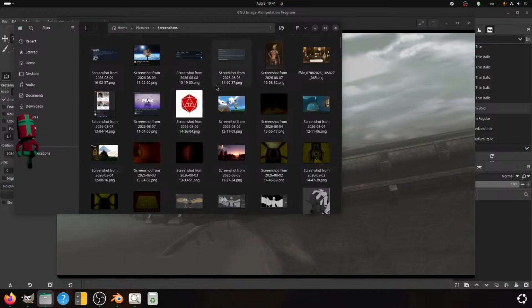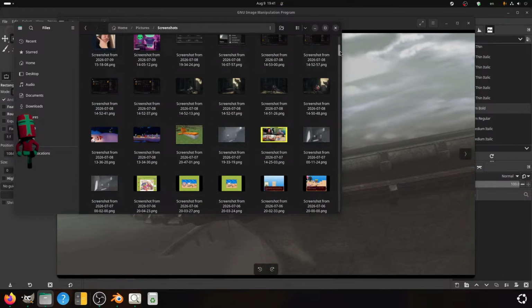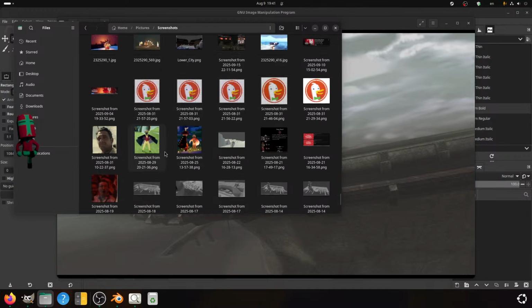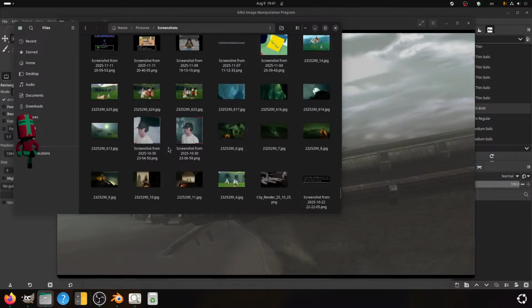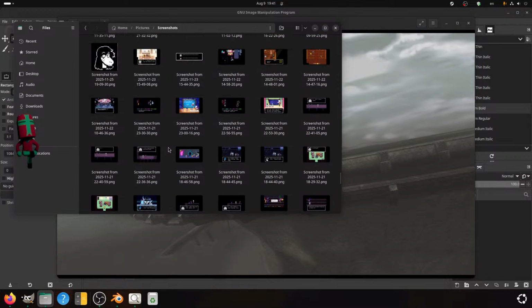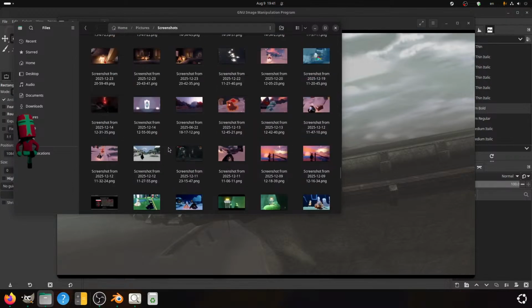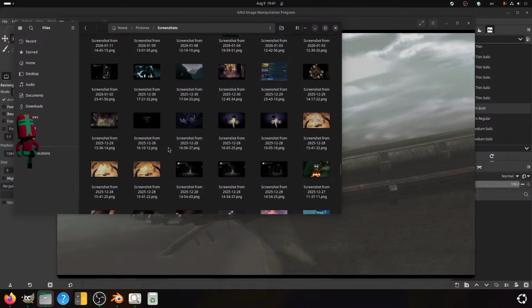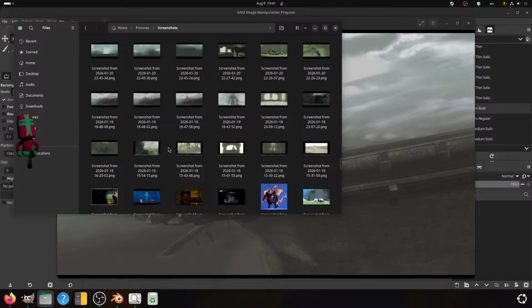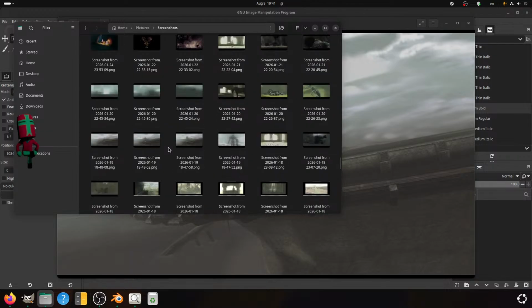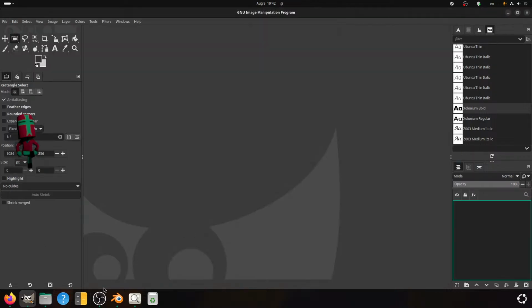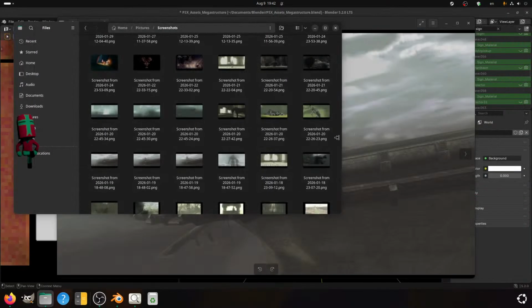thank you, which is very old by this point, but if I can find it, which I hopefully can find, here we are. Which one is this?